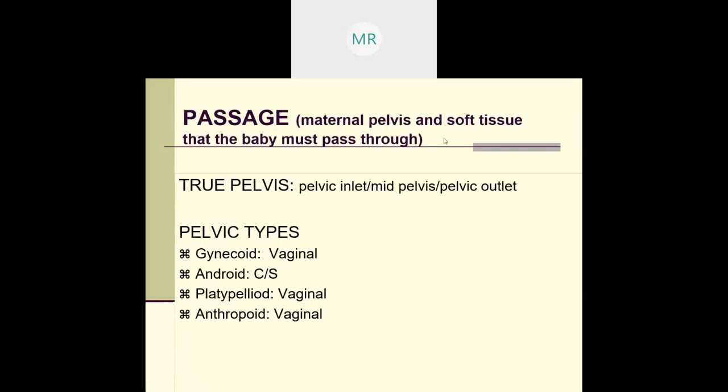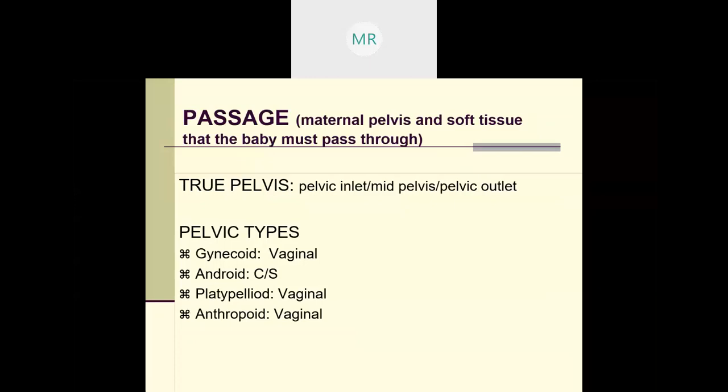We talk about the 4 Ps. It breaks it down. The 4 Ps being the passage, the passenger, the powers, and the psychological component. So those are your 4 Ps. We're going to talk about the first piece when we talk about this intrapartum lecture. First one is passage. Passage is all about the pelvis, or the maternal pelvis and soft tissue that this